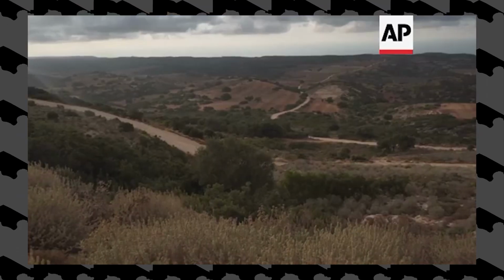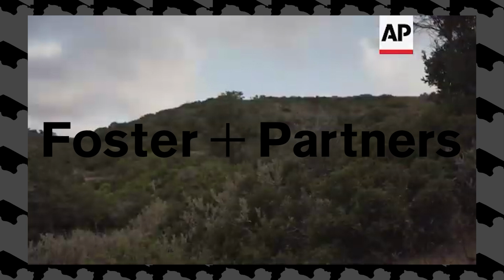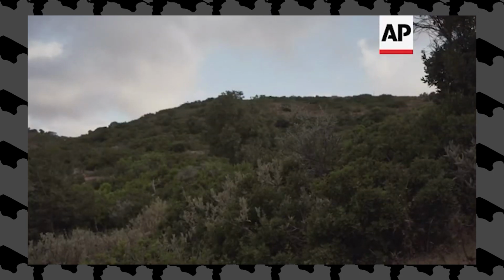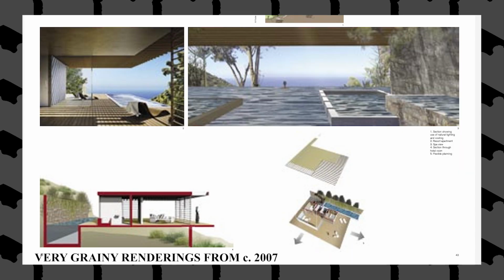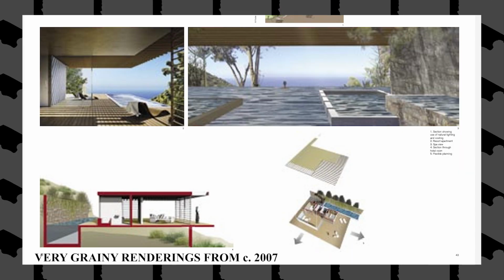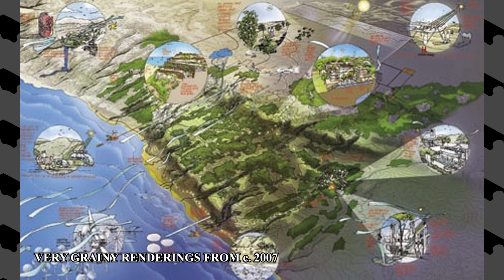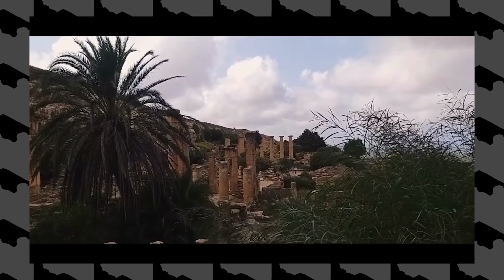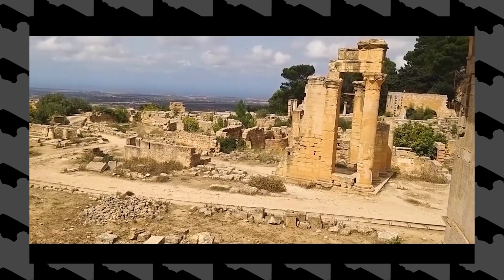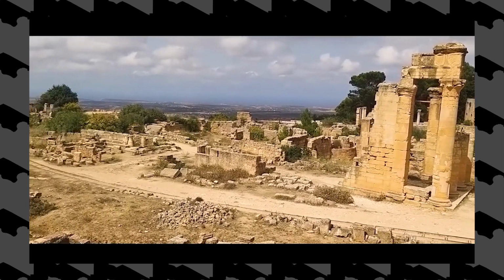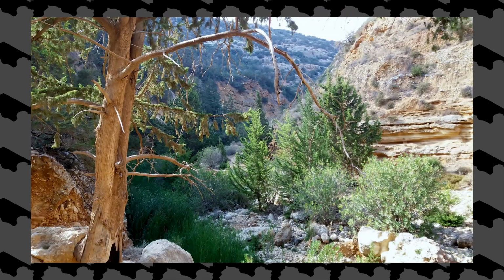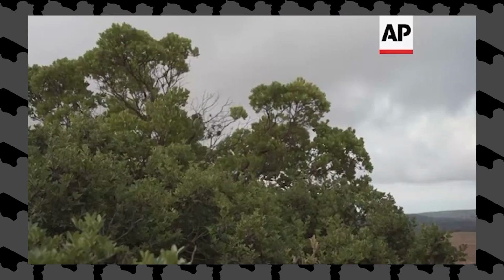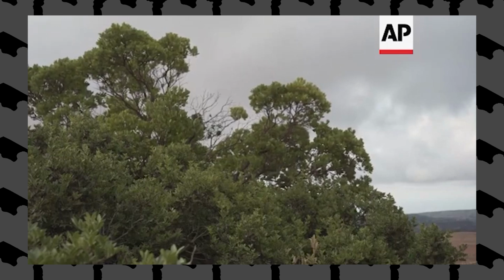In 2007, the Libyan government and architecture firm Foster & Partners announced the Green Mountain Sustainable Development Area, named after the fertile and forested region in Cyrenaica. A large amount of land was to be set aside for luxury hotels, golf courses, housing, and natural reserves. At the same time, the government would partner with UNESCO to preserve the ancient Greek ruins of the region, most notably the city of Cyrene. The government touted this as a job creator and tourism boom, giving the impoverished region thousands of jobs and allowing for the region to not be overly developed in the process.